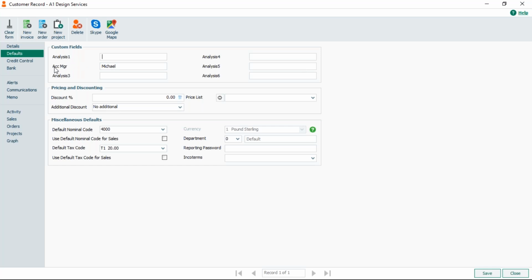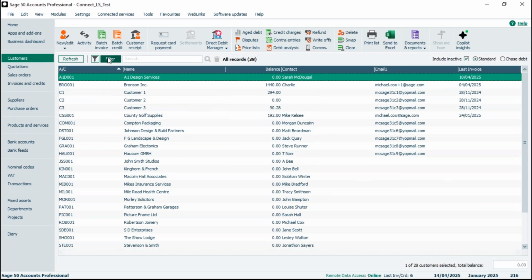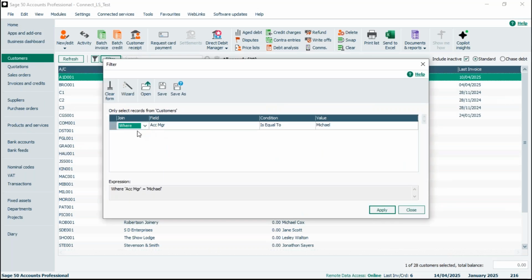So you can record whatever you want in amongst that. By changing the title, you've got that bit of consistency, so people aren't sat there thinking, right, the employee who looks after this, which field do we put that in again? Is it field 2 or 3? You've changed the title to make it more obvious, just to avoid those mistakes. So it makes it easy to do that. And of course, you can filter, as we did earlier, where account manager is equal to Michael. To apply that,